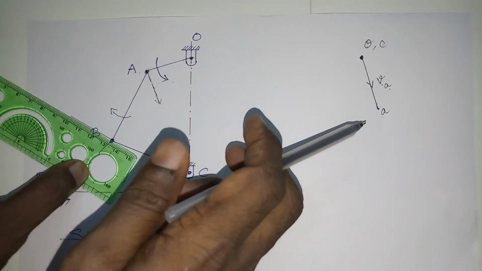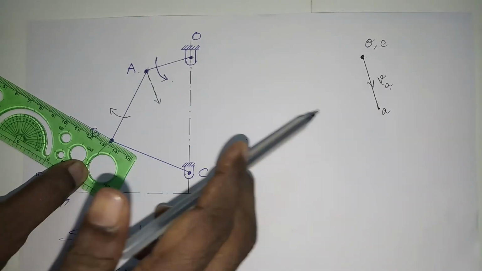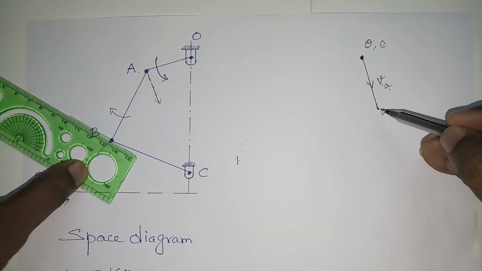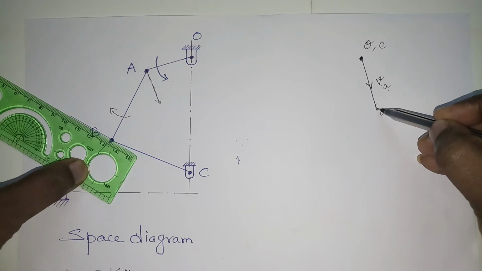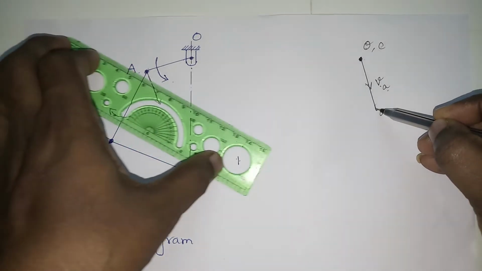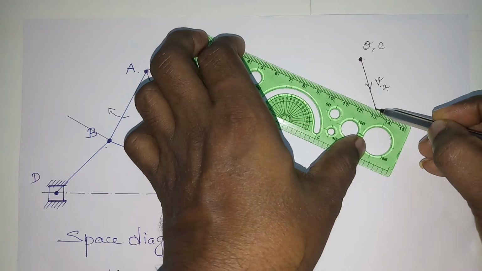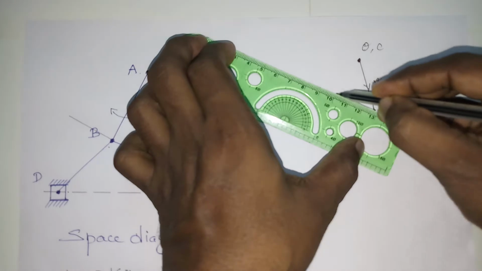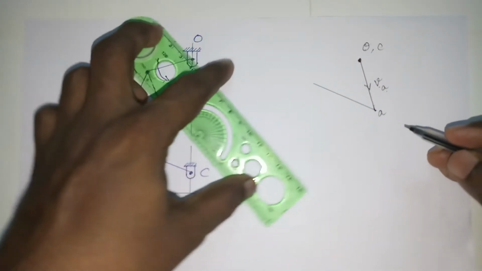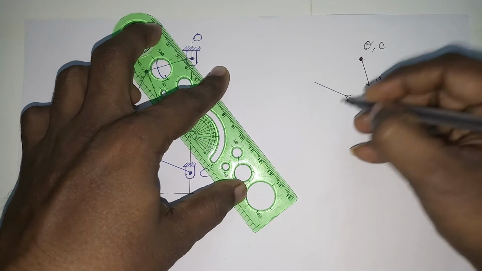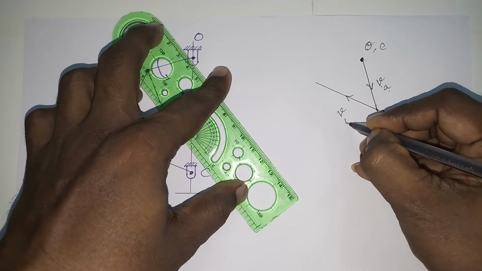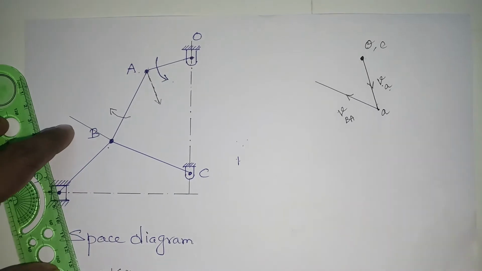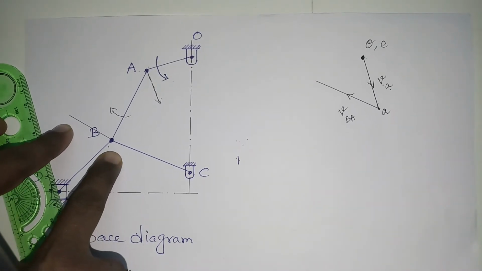Already we have fixed the A point there. So you have to move the ruler to that position and draw the perpendicular. Place your ruler and move towards the point A. We don't know the value, simply position it and extend a line. We don't know the value of the velocity, so I am just extending the line like this. So this is velocity BA.